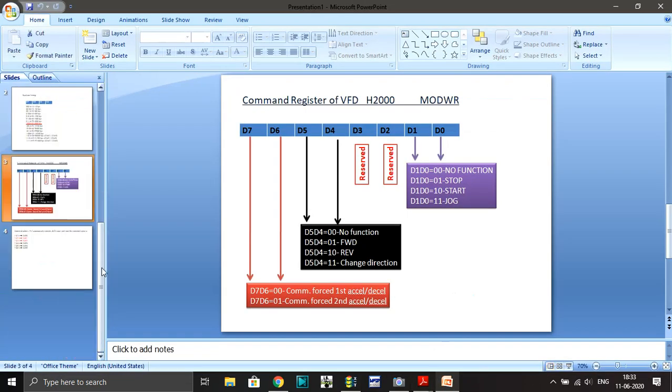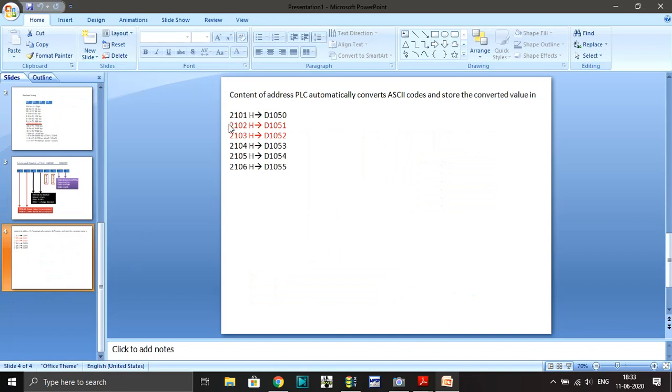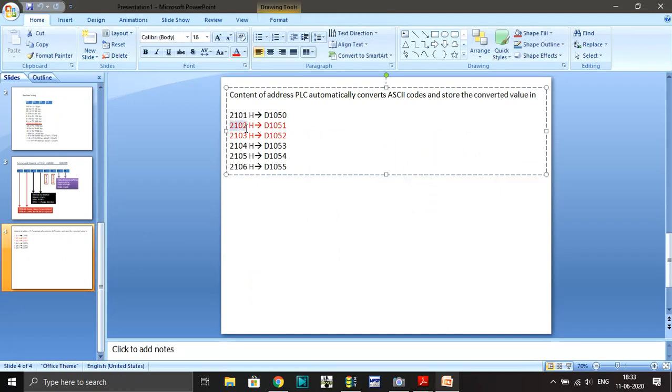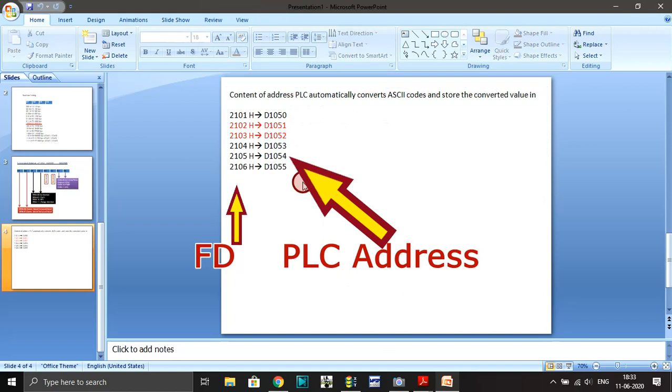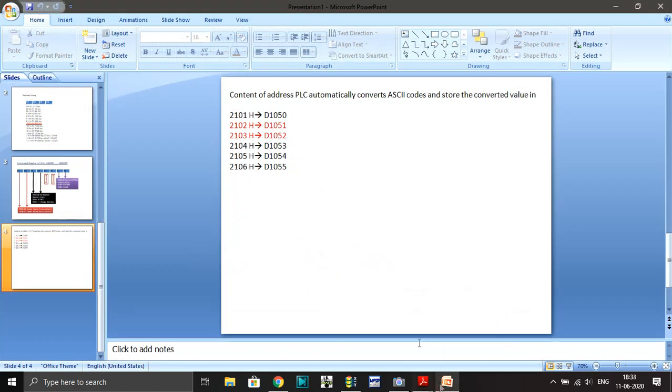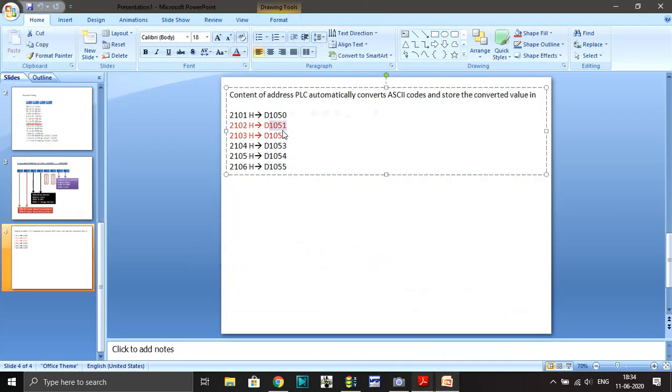If the VFD address is 2102, that data will be stored in D1051, and VFD address 2103 is stored in D1052. This information is given in the VFD PDF manual. And the data stored here will be in multiplied by 100 format.